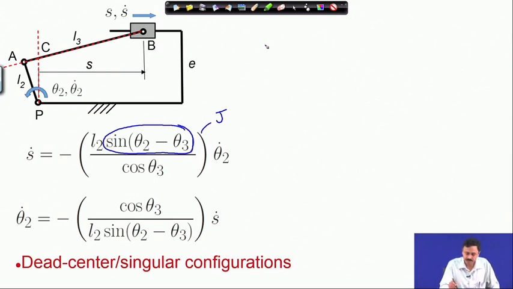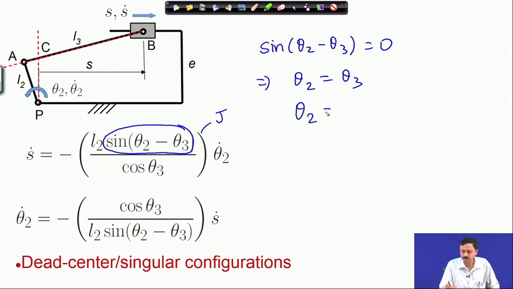So, in other words, sine of theta 2 minus theta 3 is 0, that implies either theta 2 equal to theta 3 or theta 2 is theta 3 plus pi radian. So, for both these two conditions we have the singularity of Jacobian. Now, what does that imply? Jacobian goes to 0. At such configurations the Jacobian goes to 0,